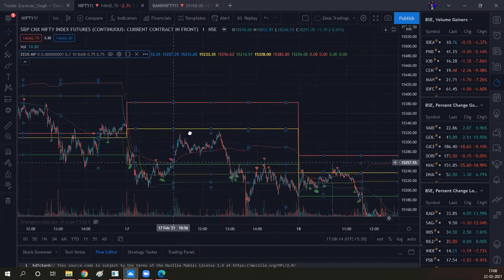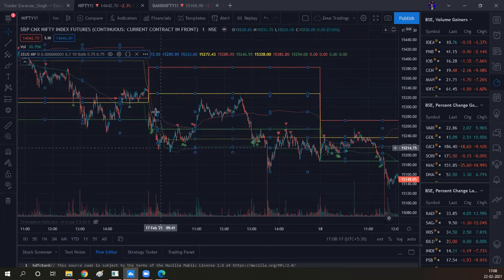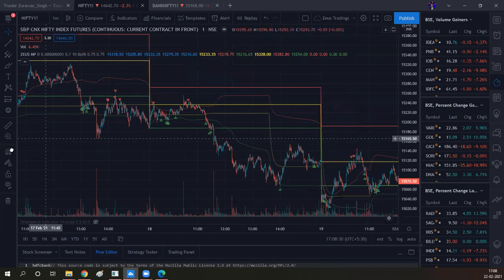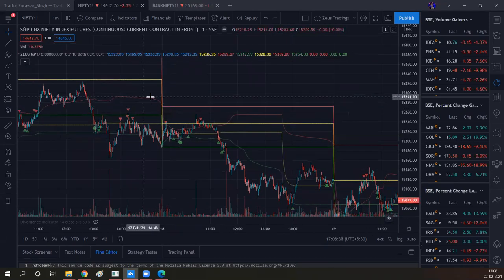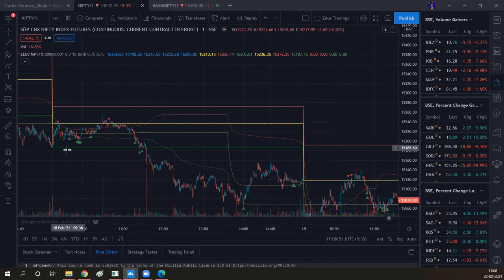And as the market was developing real time, it will contract, it will expand, contract. That's how markets work. And for every day there will be its own developing value area high, its own point of control, and its own developing value area low. So the thin lines essentially are the developing values for the current day, and the thick lines are yesterday's developing values which terminated to become today's static values. So this would be the static value area high, this would be yesterday's static point of control, and this region here would be yesterday's value area low.